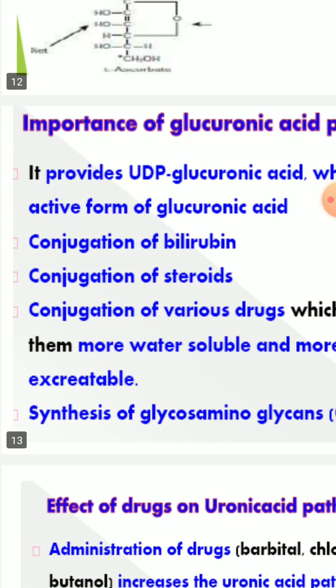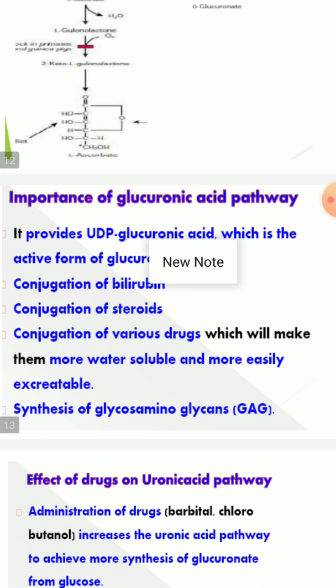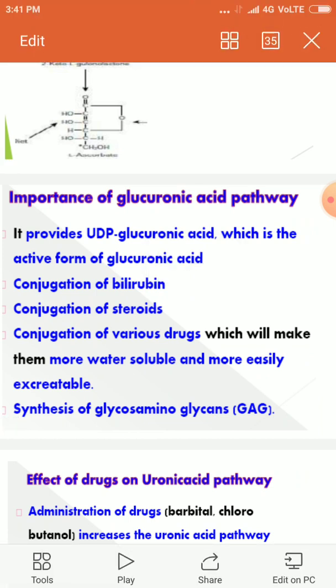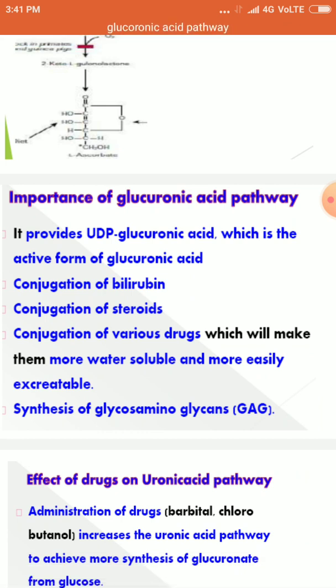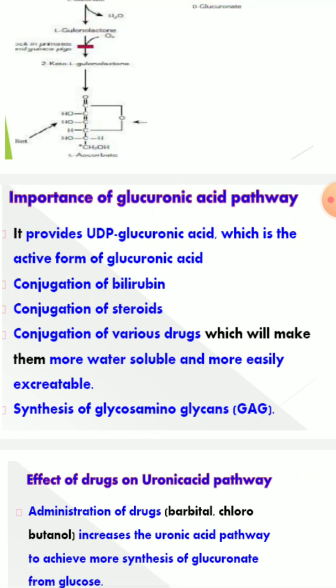So next, coming to the topic, the importance of glucuronic acid. What is the importance of this pathway, and why should it happen? It mainly provides UDP glucuronic acid, which is the active form of glucuronic acid, used mainly in the conjugation of bilirubin,